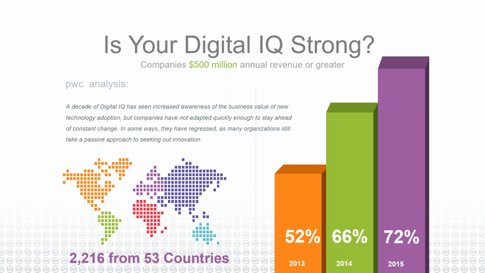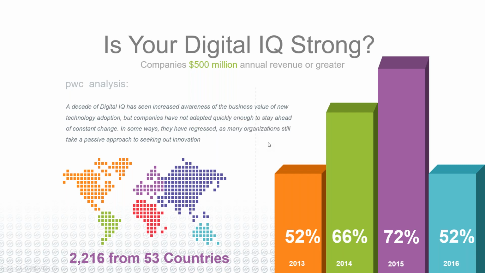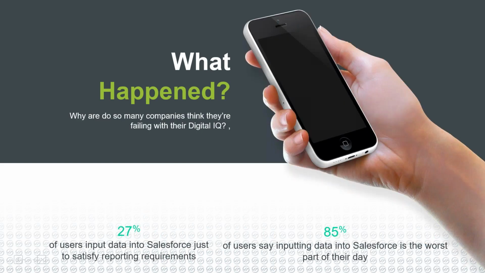Something interesting happened last year. The survey results were not rising as they were the last few years. Actually, they went back to pre-2013 survey results, where only a little over half thought their digital IQ was strong. So what did PricewaterhouseCoopers think was the big issue? You know, what happened? And when we determine what happened, and why so many companies thought they were failing with their digital IQ,